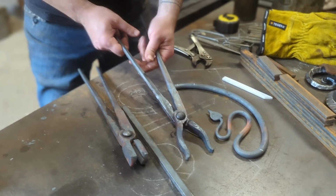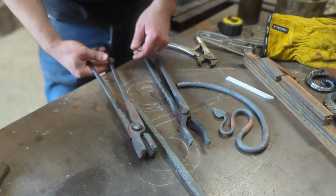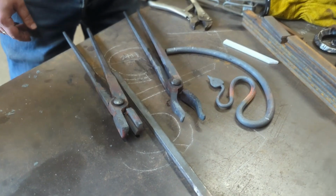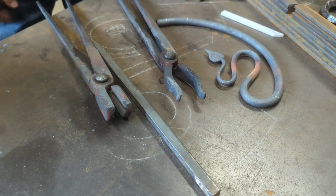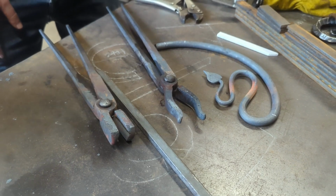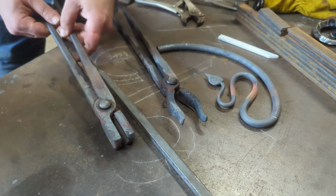Okay, so there we go. Two different styles of tongs, same process. Obviously check out the first video for how we got to the Tong Blank stage. This was just to show you two different applications for two different tongs. We've got a